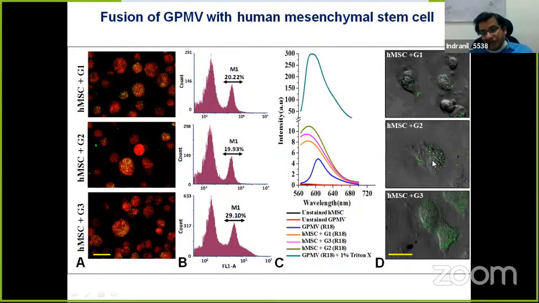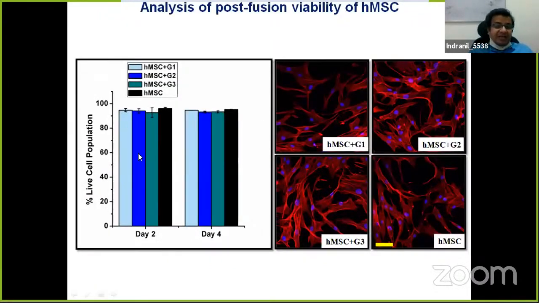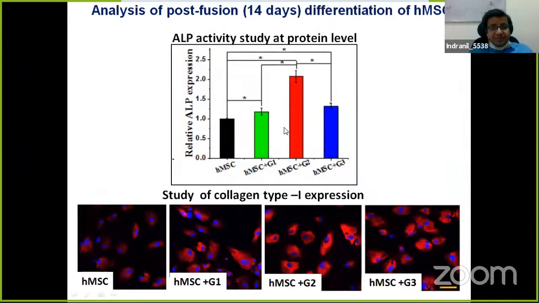We found that all the cells are still alive. After fusion, once we let them adhere, they are adhering and looking normal and healthy, with no blebs. So this is a good indication that the GPMB can be fused with these stem cells. Then we check their live cell populations and their morphology. Finally, post fusion, once we fuse this osteoblast-derived GPMB to HMSC, we check how it induces the HMSC to take a differentiating route.